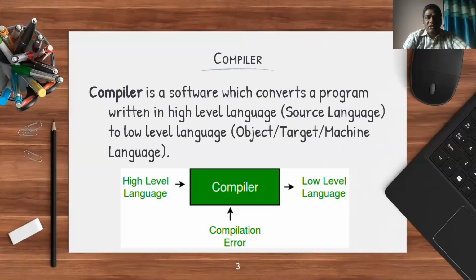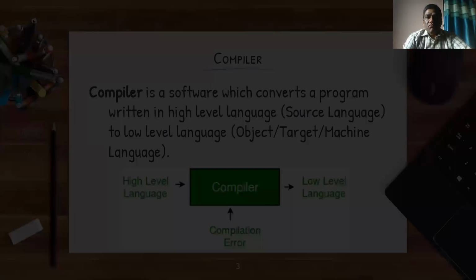You can see that in an image. It converts the high-level language into low-level language, as well as another task of this compiler is to generate the error details. If at all your program contains any errors, it also displays the details about the errors identified in the corresponding program. If no error is identified in the high-level program, then it converts the program into low-level program. Otherwise, it generates all the errors. So that is the first component of any language processing system.